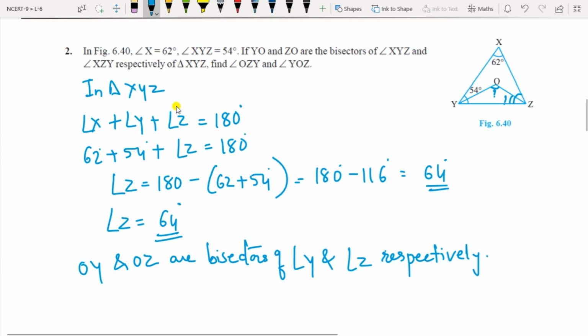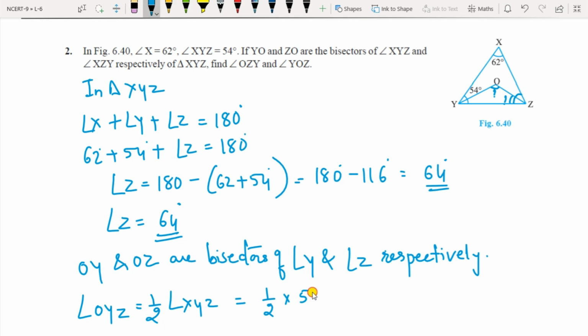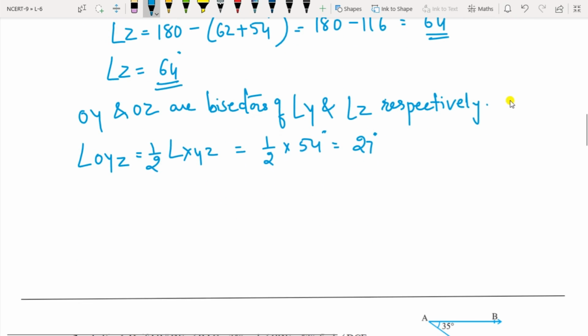Now you have to write, therefore angle OYZ equal to half of angle XYZ. That will be equal to half of 54, it will become 27 degrees. So this much is here 27, this is 27, and this one we have taken out full as 64, so its half will be